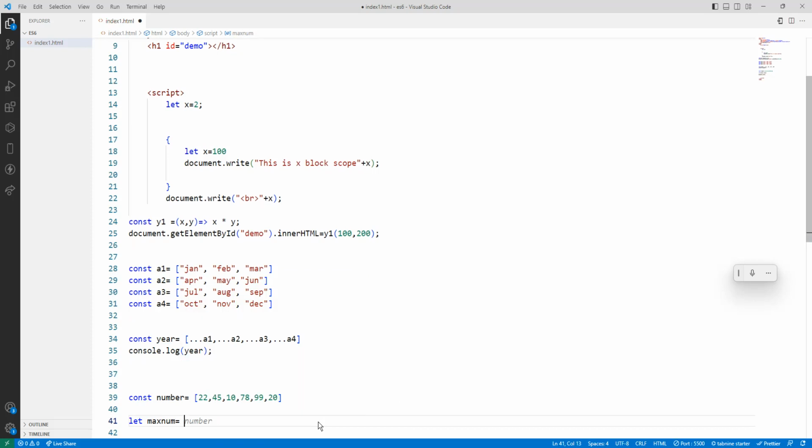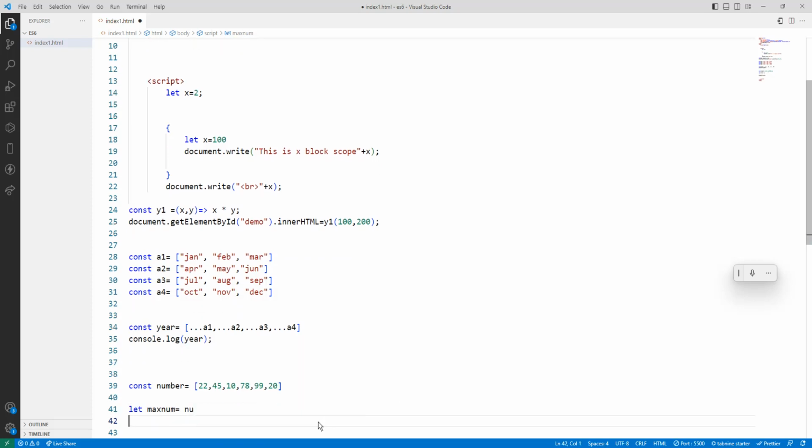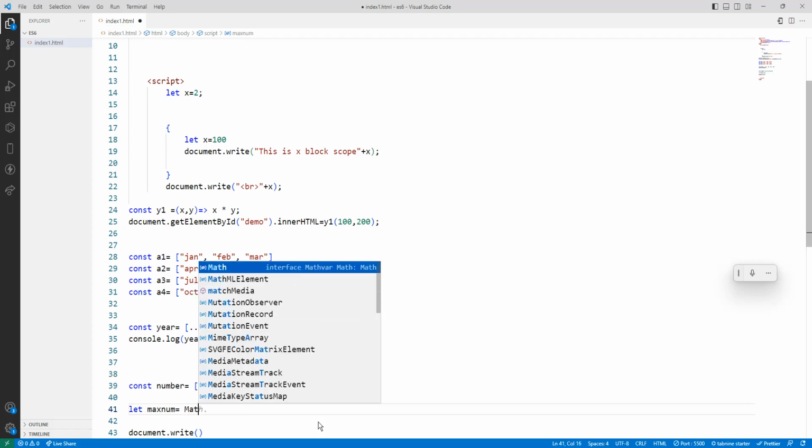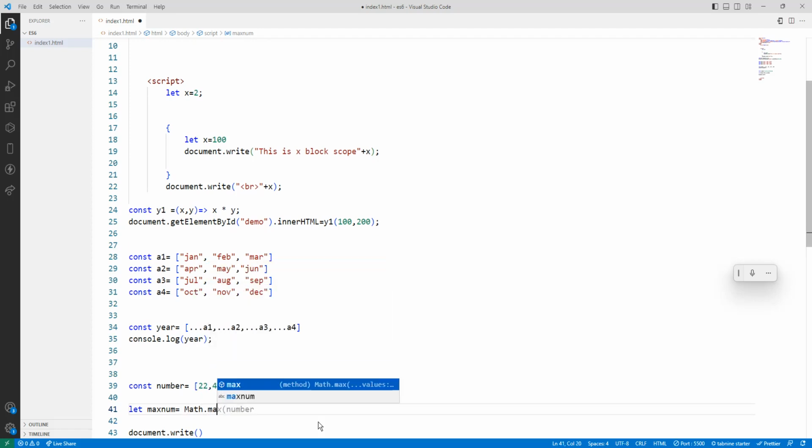So then I want to find the number, sorry, Math.max of dot dot number. Okay, what is the use of this dot dot? So here